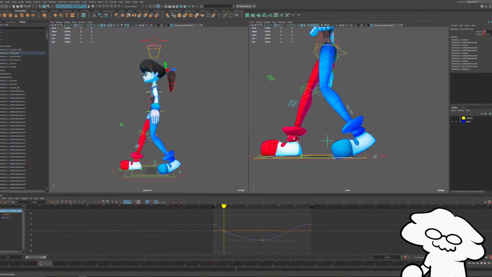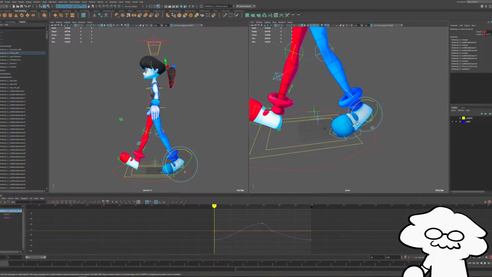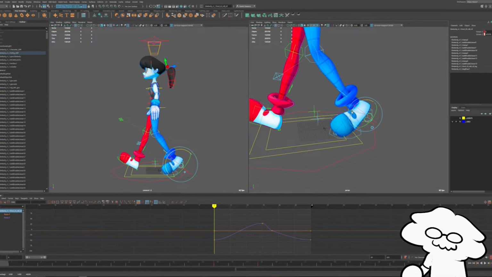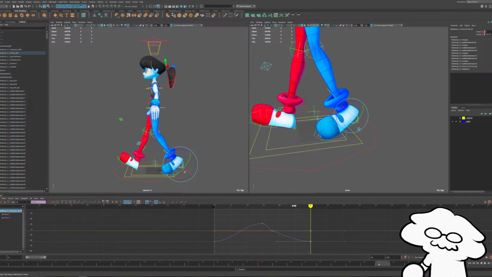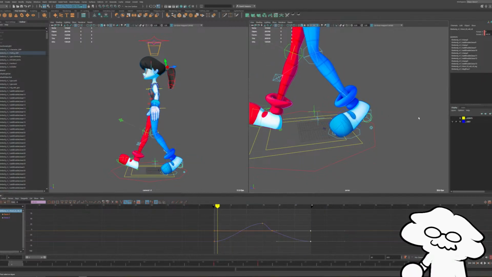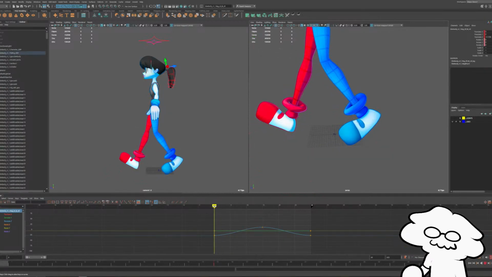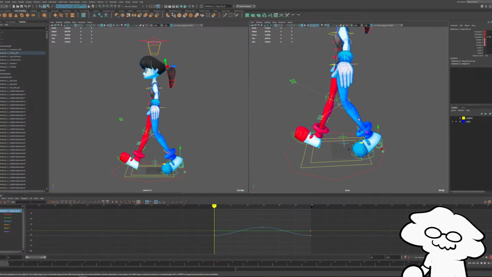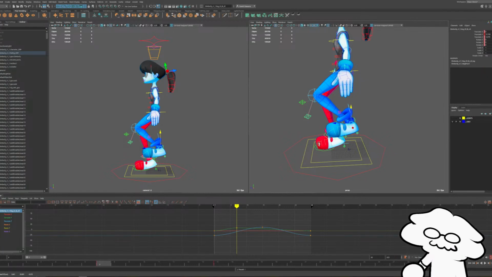Have that snap downwards in the back foot, and then this should be peeling off the ground. Do a little bit more and then copy it over. And then we're also going to raise up each foot. So I have foot roll and I have the feet moving in place. And then we'll also raise this one up.